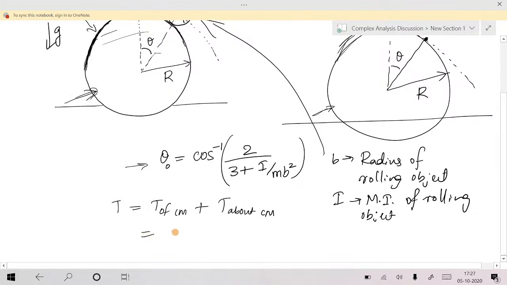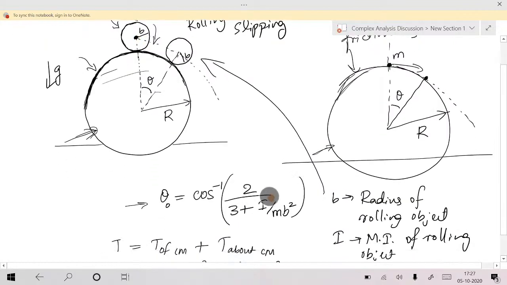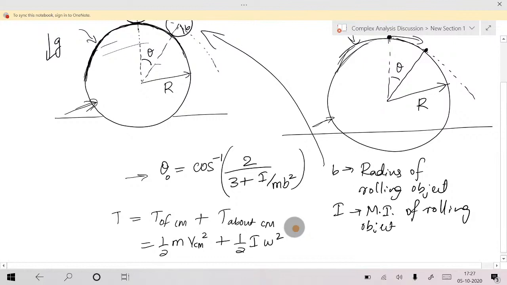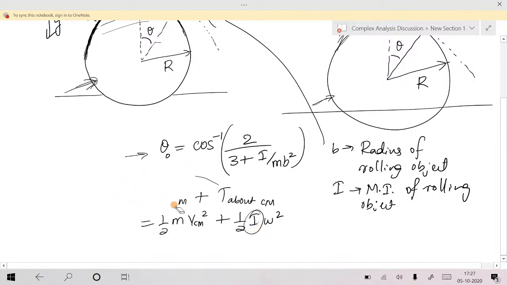Is that okay? While writing kinetic energy, we write half m into velocity of center of mass square plus half I omega square, where I is the moment of inertia about an axis passing through the center of mass. I have taken kinetic energy like this in my Lagrangian method. This I remained in my equation. I just cross checked this one. You can cross check this equation by applying it; you can see any other textbook, take the problem and apply it.